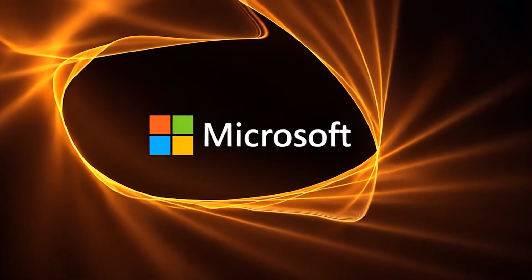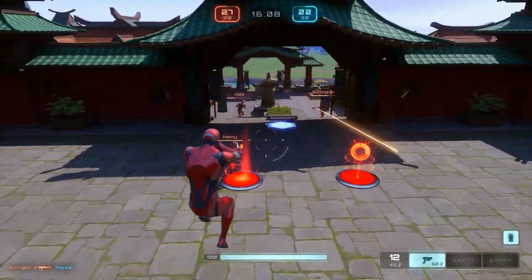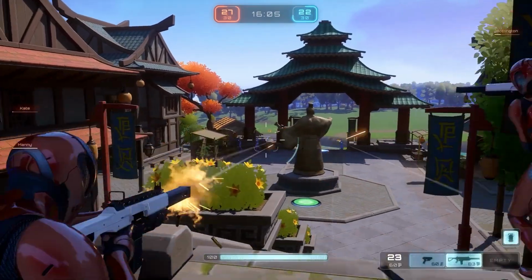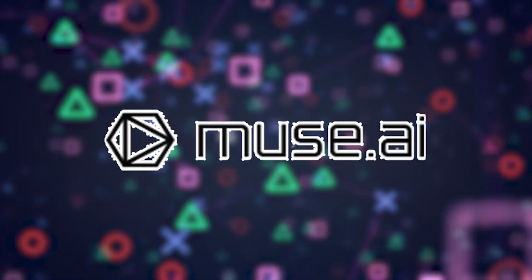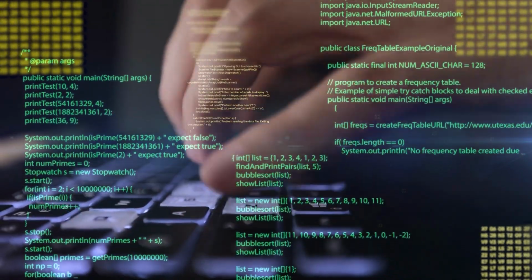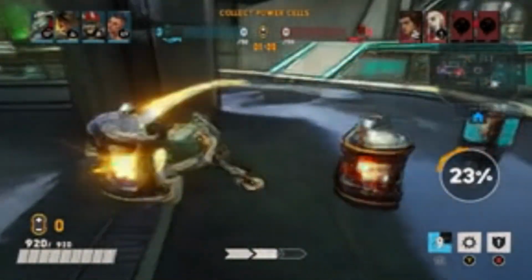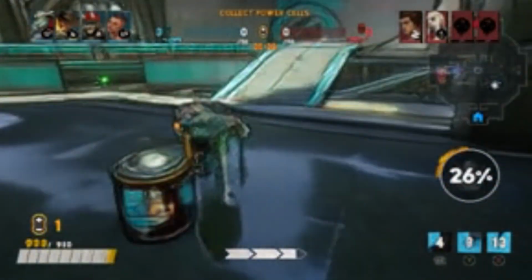Microsoft just changed the game, literally. What if AI could generate gameplay in real time, adapting to every move you make? That's exactly what Muse AI is designed to do. Unlike traditional tools that rely on pre-scripted mechanics, Muse AI reacts dynamically, helping developers test and refine gameplay faster than